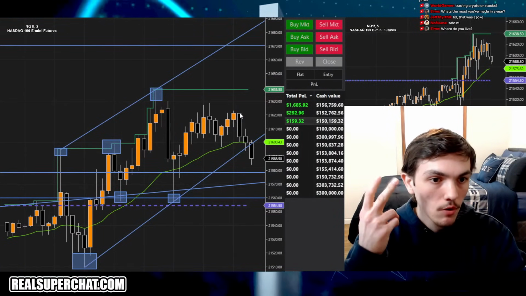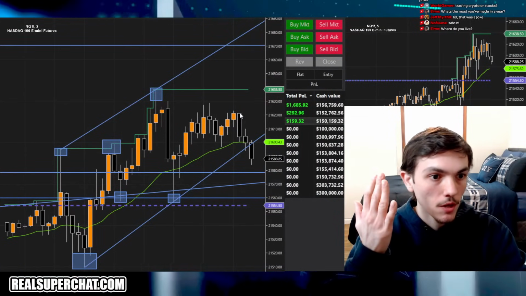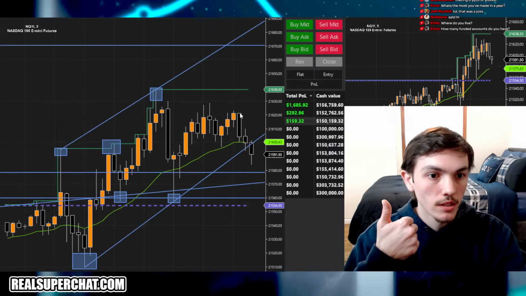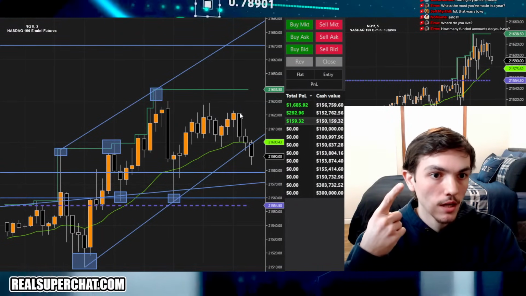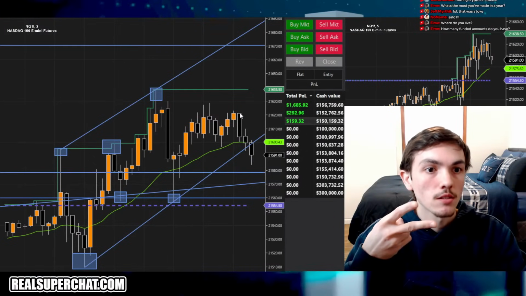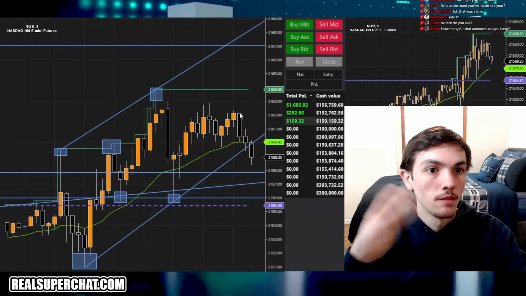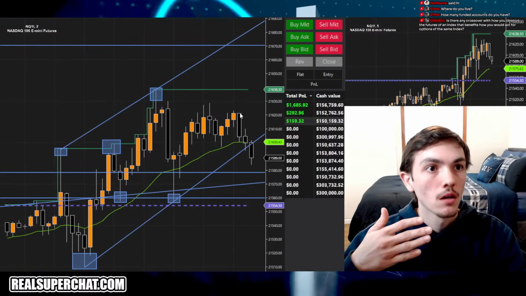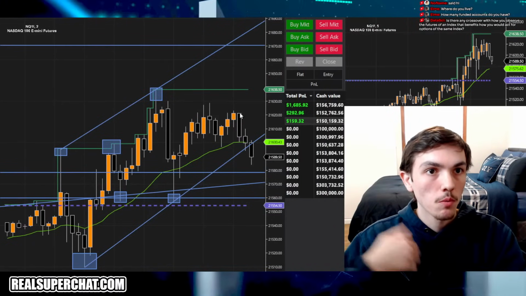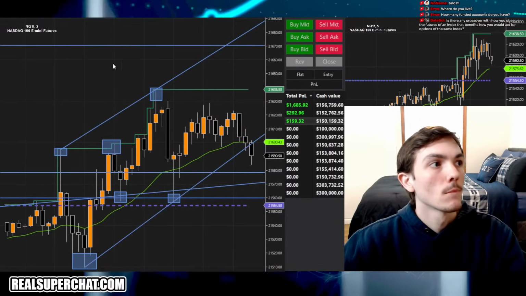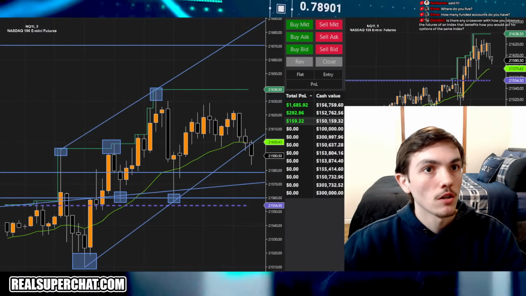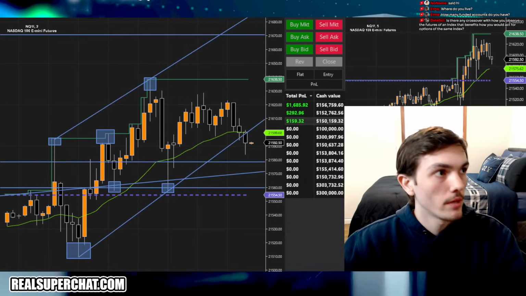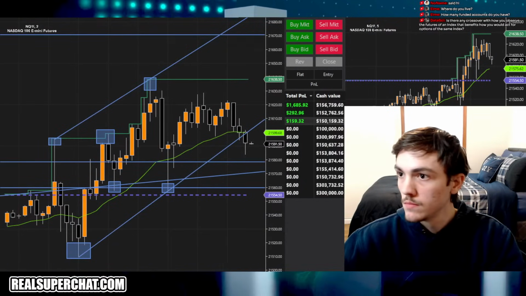Microsoft, Meta, Apple, Netflix are red. Palantir's red. MicroStrategy is up 4%. Amazon's up 0.3%. Tesla's up 1.1%. Nvidia's up 2.6%. The Dow is basically flat, low red. ES is up 0.1%. And Bitcoin just turned green slightly. Basically flat on the day though.